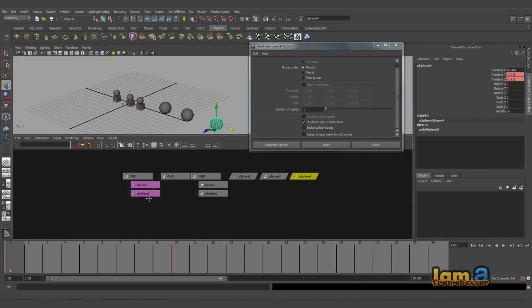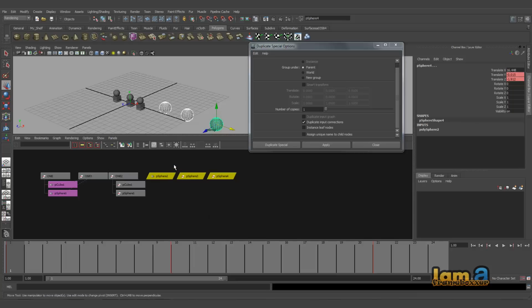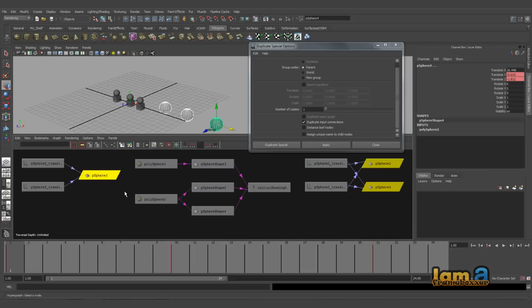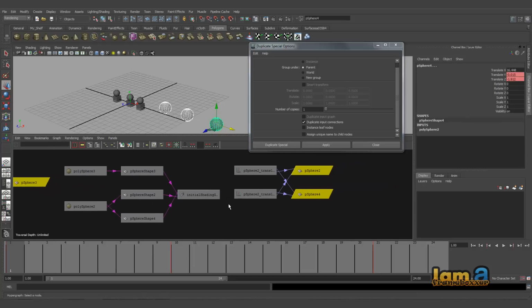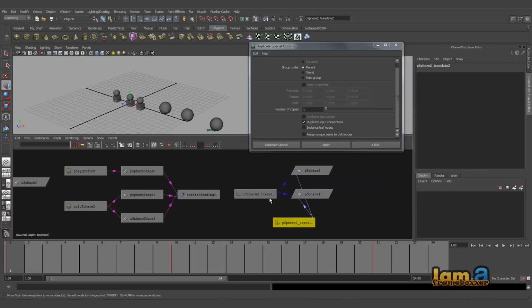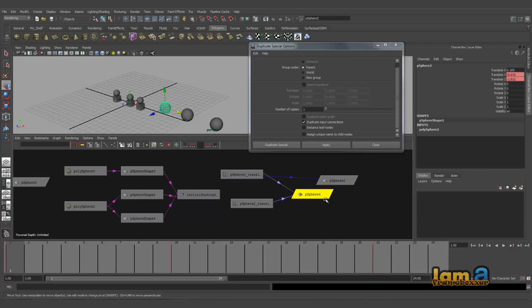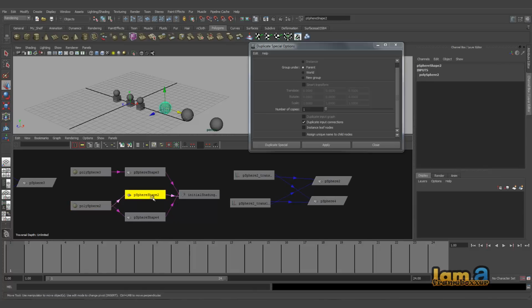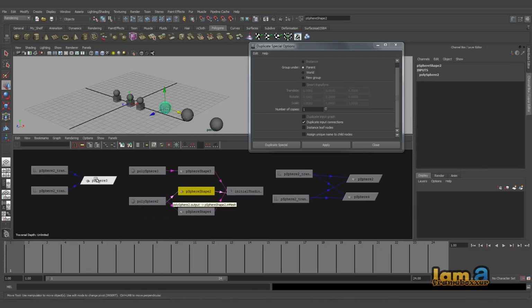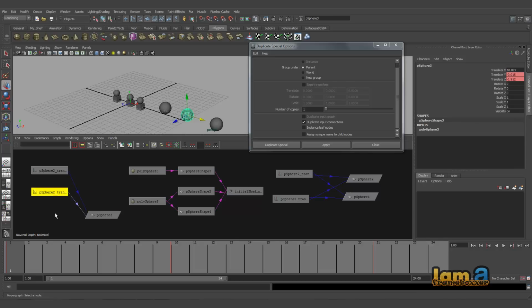But what is the actual difference? If we get onto this 3-1, select all these three, and go to graph input output connections, you'll notice something strange here. It's got a translate Y and Z channel that's animated, but it's been shared. This graph is shared between these two objects: the first one, the original, and the last one, which is basically an input connection. If you look at the middle one, it's got a completely independent graph here.